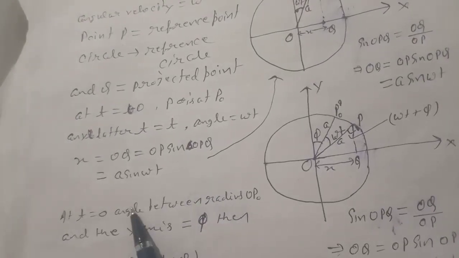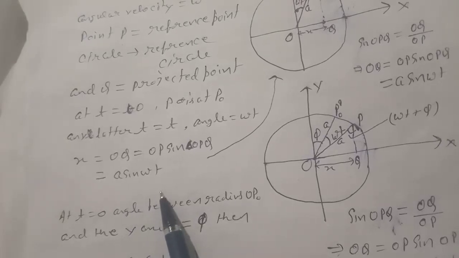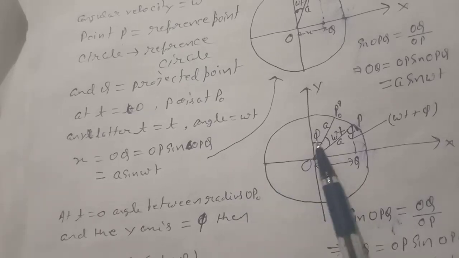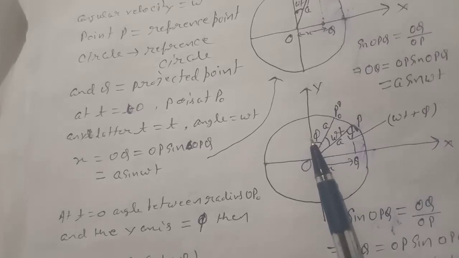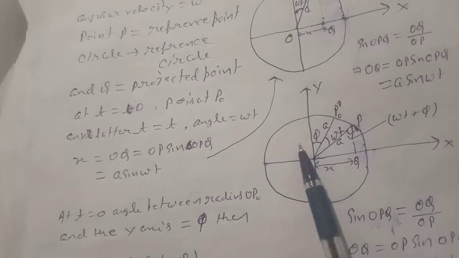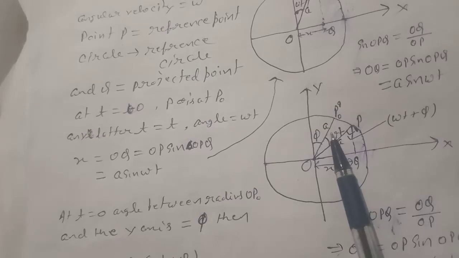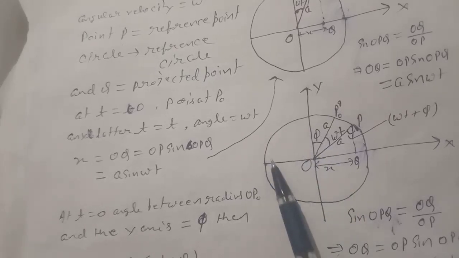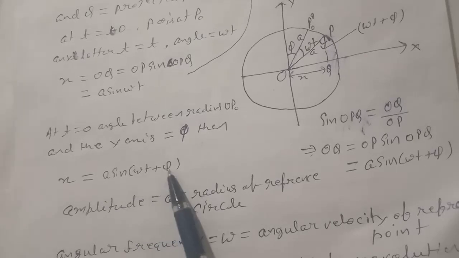Now if at t equals 0 the reference point is at P naught, such that the angle between the radius OP naught and the y-axis is phi, then at any later time t, the displacement of the projected point Q from the equilibrium position O is given by x equals A sine omega t plus phi,